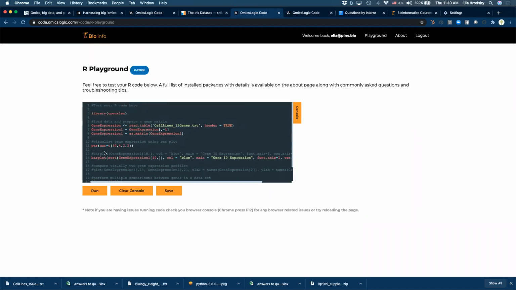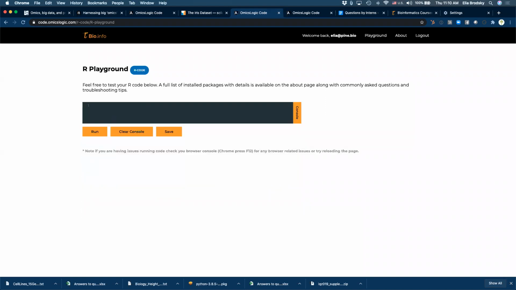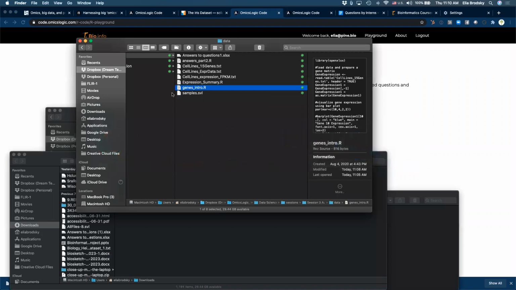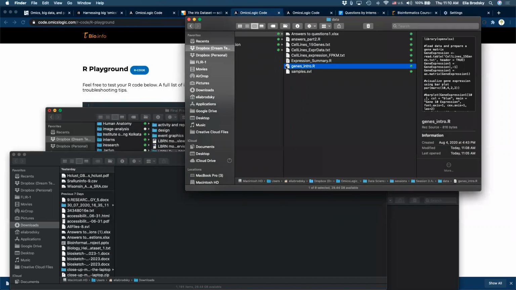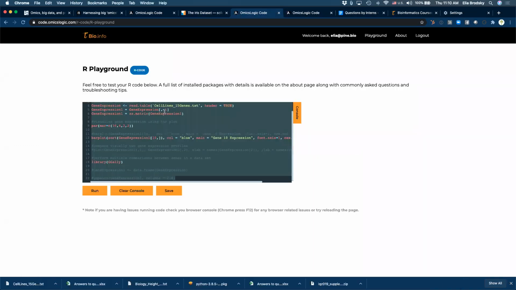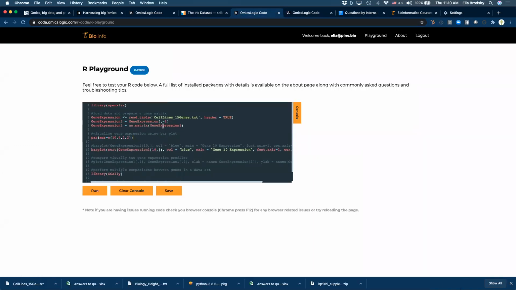By the way, where is this code? If I just clear all of this, in this folder you have this genes intro. You can just drag this over here and it will be copied in here. All right, the first thing we need to do is tell it where this data set is.